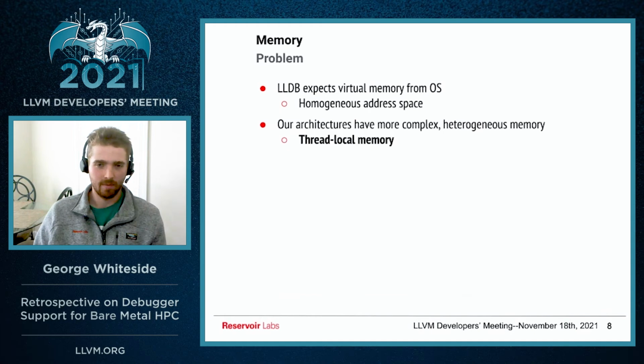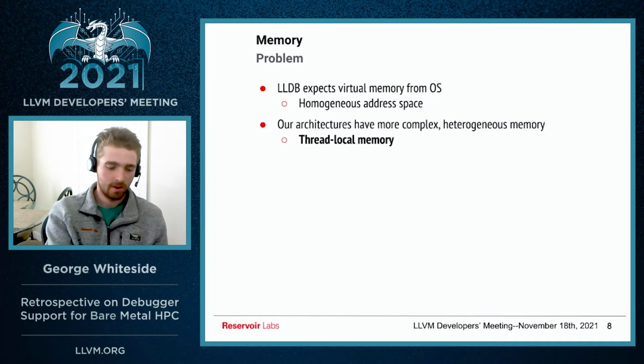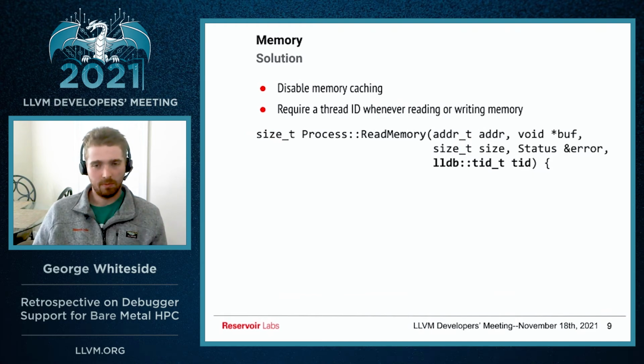However, our architectures don't have this. They have a more complex and differentiated memory. Specifically, thread local memory has been an issue for us. So we've had to disable memory caching, which is a really nifty feature of the debugger that we're sorry to miss. And we've had to add additional hardware context whenever we